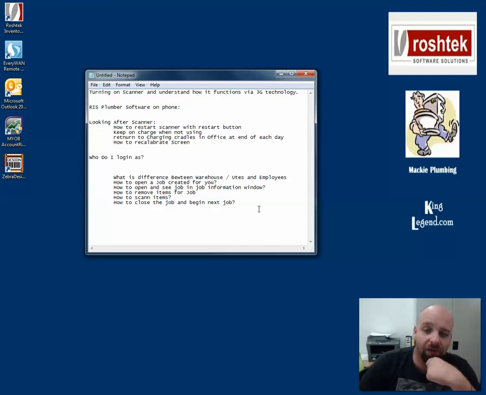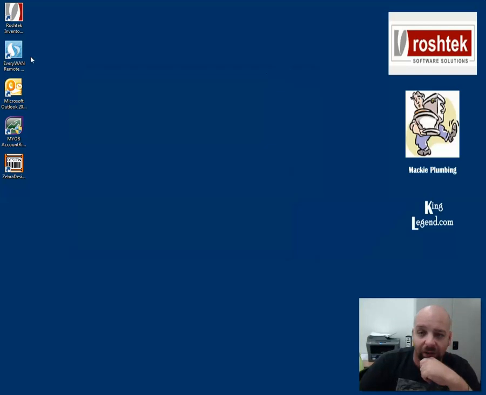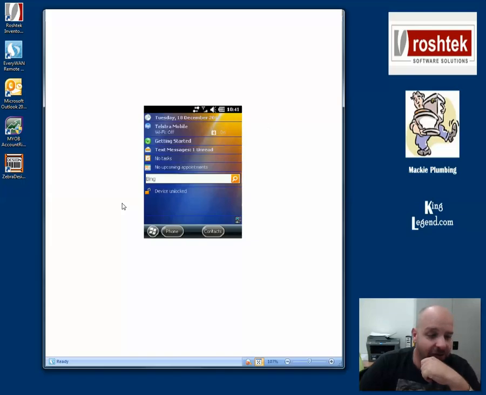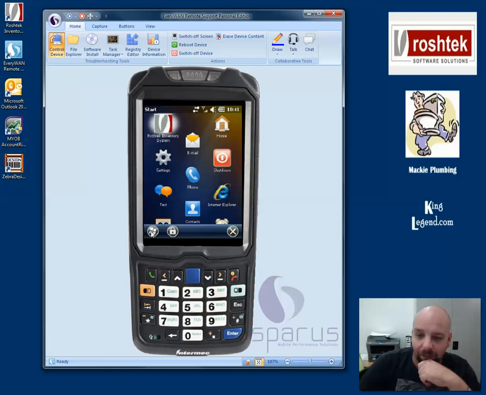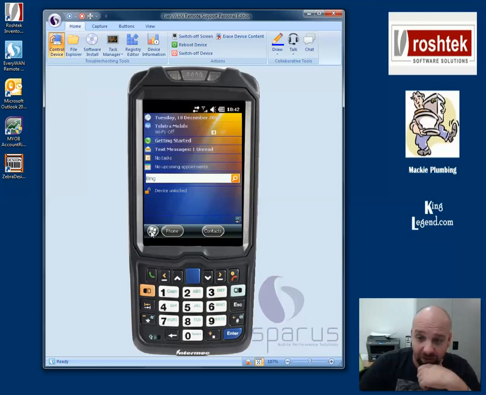First things first, we're going to cover the phone. These phones are called Intermec N50s. We've got an emulator here where we put a cradle on. We put the phone on the cradle and we're able to interact with it. Generally it's basically a telephone which has an operating system on it,